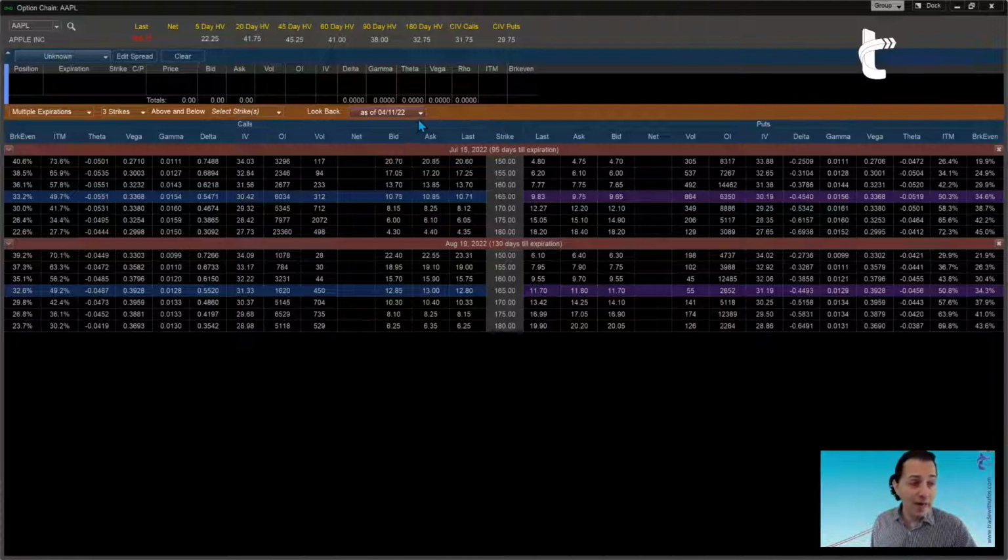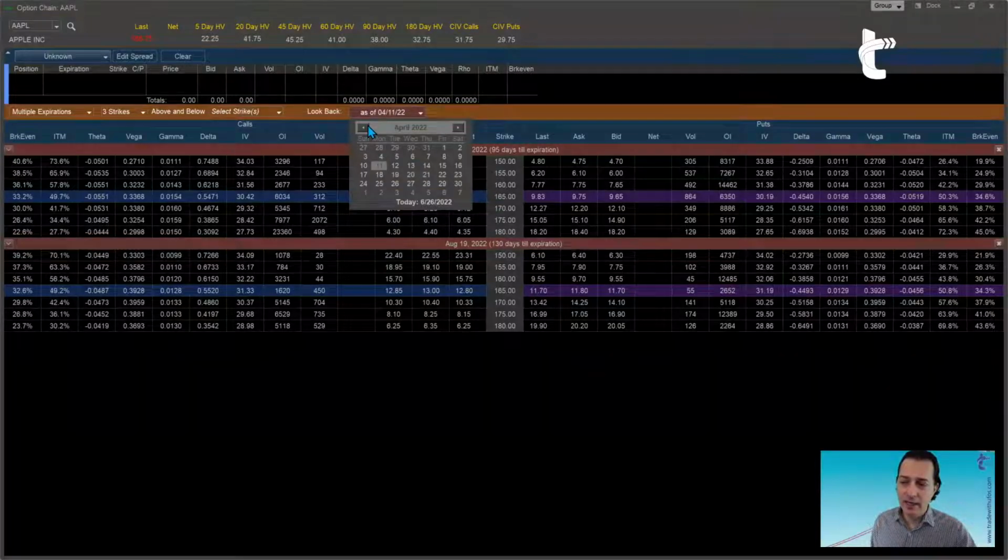Another application could be to backtest. Okay, there are other tools on top where you could backtest on the charts actually, but maybe your method of backtesting is more manual, and you want to go back in time to check very specific dates and look at the bid and the ask and the last, etc., etc. And going back in time with the look back drop-down menu is what that does for you.